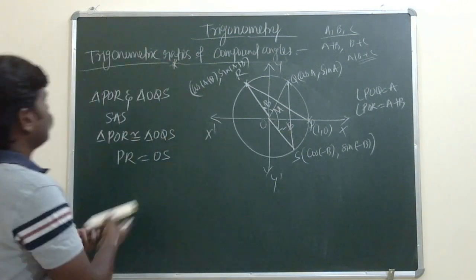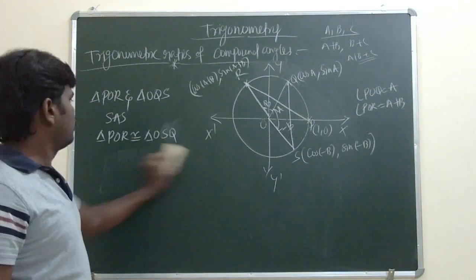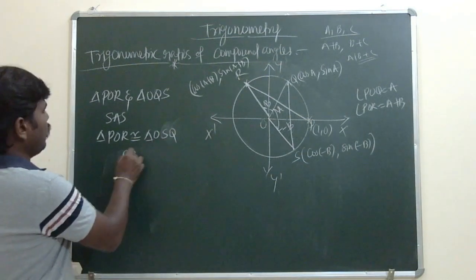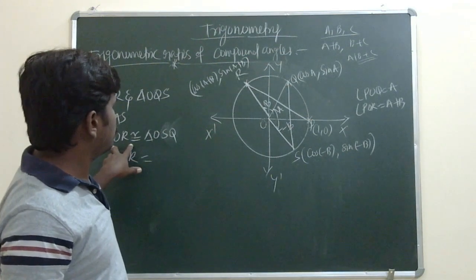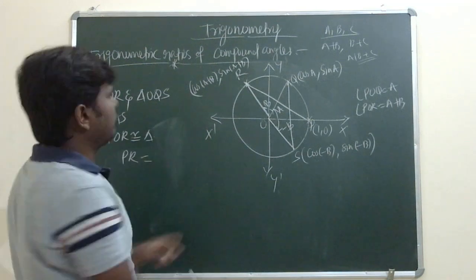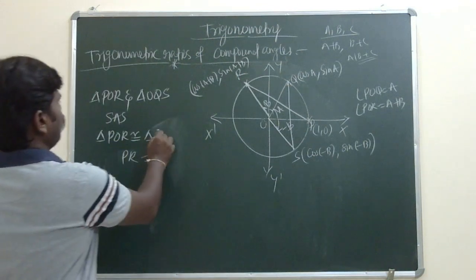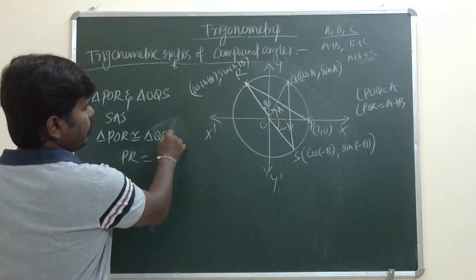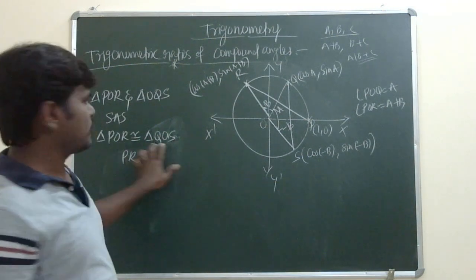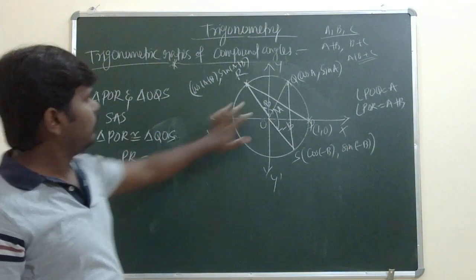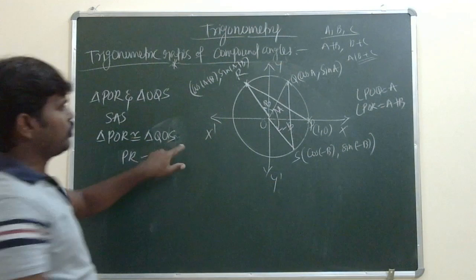So here OS is correct. So now the corresponding sides we will get here. Yeah, just let me confirm here. OP is equal to, suppose I am taking here OQ or QO, and here I am taking S. So now here PO is equal to QO. Next OR is equal to OS. Yeah, now it is correct. So PR is equal to QS, right?